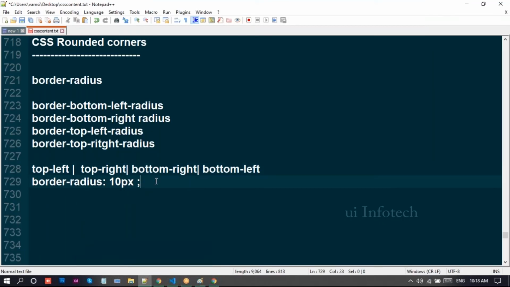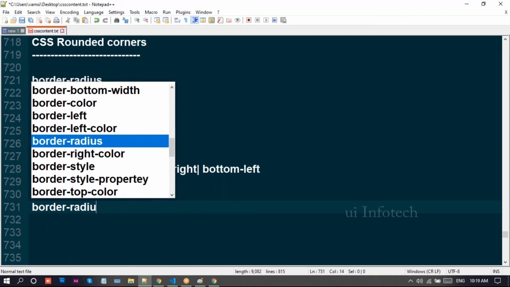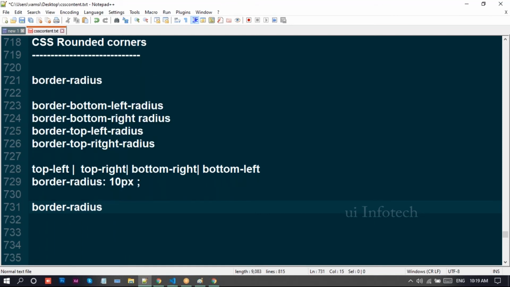Next, you just apply border radius 10 pixels, and along with it I provide 6%. So I'll write there 10 pixels and 6%. What will happen?